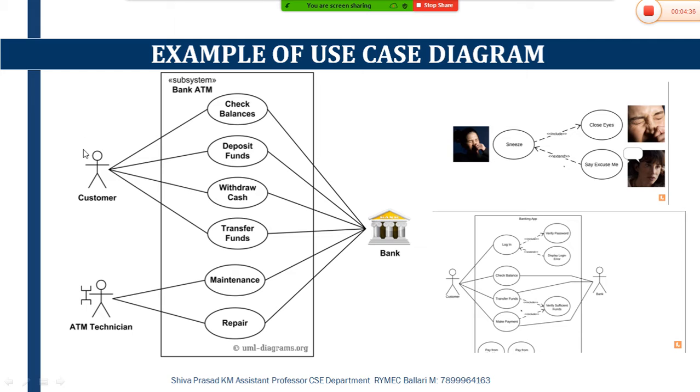Here we have three different actors, which we consider as primary actors. The actor symbols represented at the left side of the figure are considered as primary actors. The actors which are represented at the right side are considered as secondary actors.